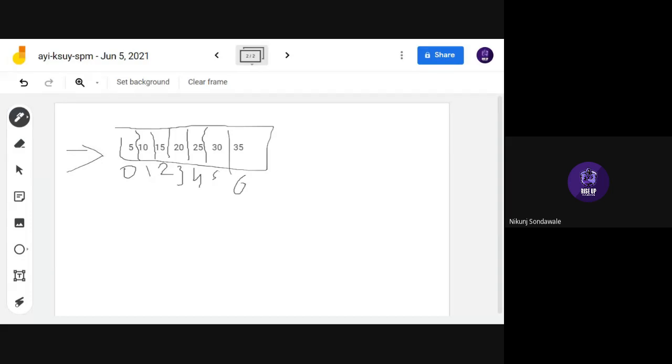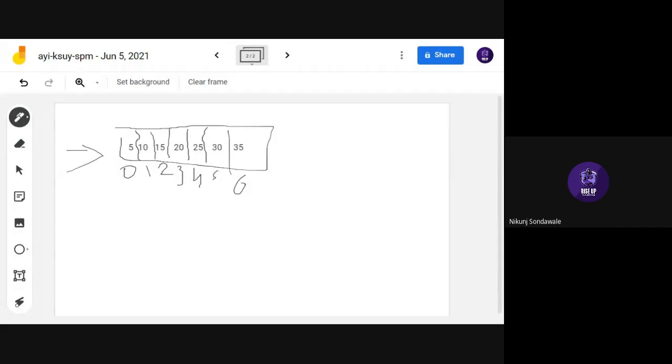This is the main disadvantage of binary search. We can only perform this search on a sorted array. That's the main condition. But if you give it a sorted array, binary search is the fastest search method known.